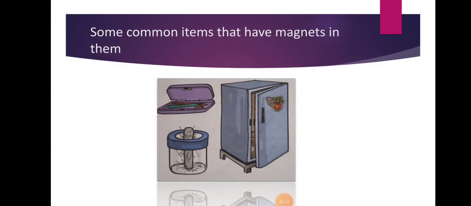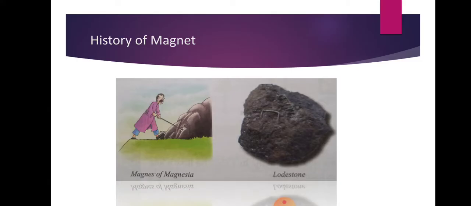In our day-to-day life, we use magnets at various places. Like the magnet is used in pencil boxes, in a refrigerator, in holding a pen, and also magnets are used for selecting the iron scrap from the heap of waste materials. We'll first have a quick look at the history of magnets.